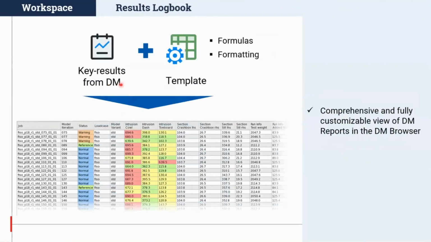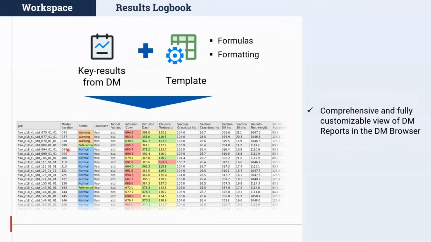Now we have further enhanced this functionality to support the creation of the logbook, where users would be able to have a very good tabular manner or GUI feature, using an Excel template consisting of certain formulas and formatting, color coding, so conditional formatting, where users would be able to see this for all the iterations they have performed.